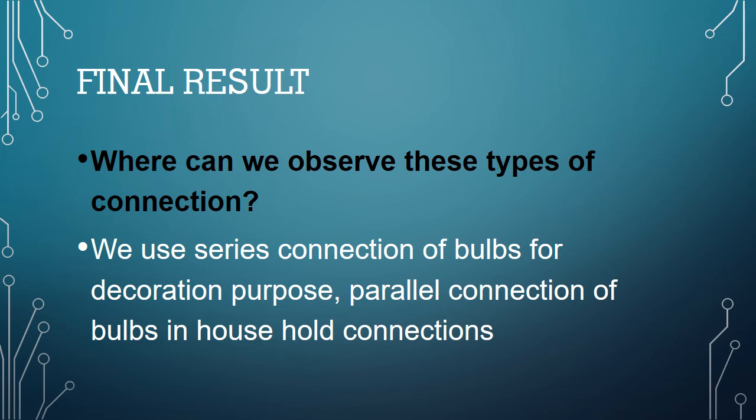And parallel connections of bulbs are used in your household connections. That means fans, lights, all these connections at your home are connected in parallel. See, observe, if one fan is damaged, the others will work normally, isn't it? That means here they are connected in parallel. All the components are connected in parallel. Do you understand well, children? If you understand well, it's no problem.